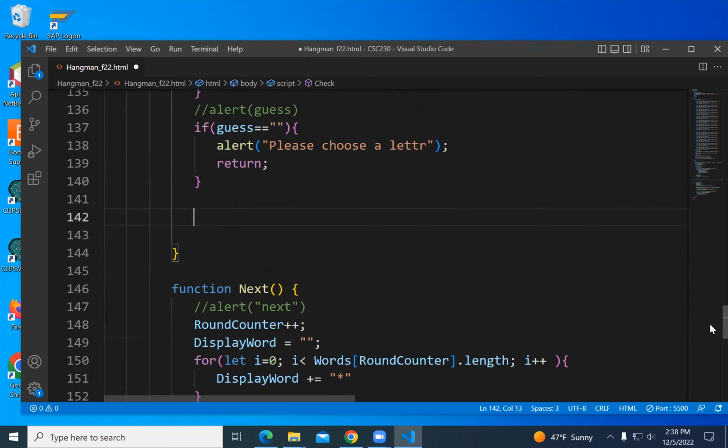So let's just have a comment. Search for guess in words, round counter. A search is a loop with an if inside. I'm looking for some condition and I'm going to check in all of these words.